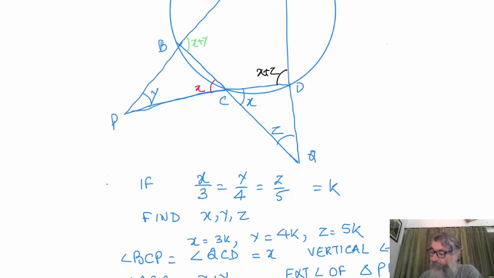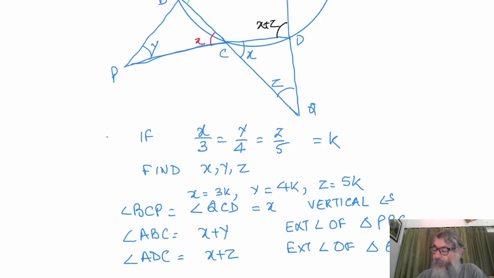Similarly, I would say that angle ADC will be X plus Z, exterior angle of the triangle QCD. Now